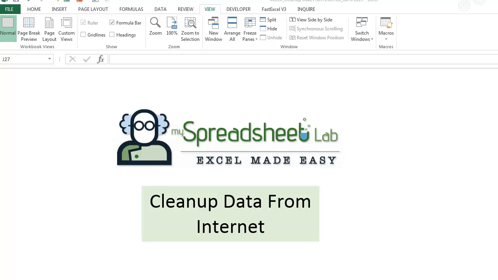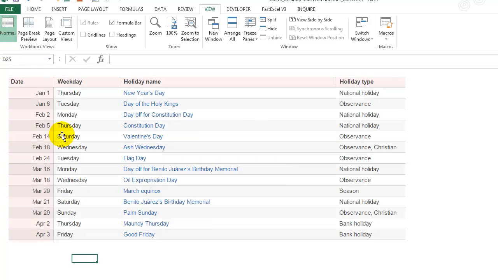Go to the internet, we do a search, and we get some data. We bring it back, paste it into Excel, and then later on we realize there's an issue. So let's take a look at the data itself. So we go on the internet, very simple data with holidays because I'm going to build a little calendar.